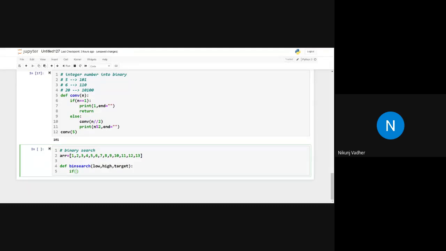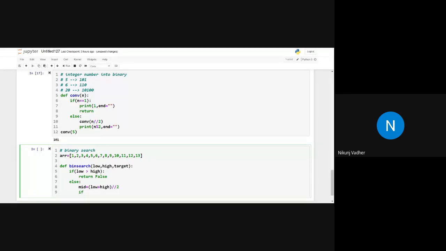If low is greater than high, meaning if the lower limit is greater than the higher limit, then we will return false. It means the element is not found. Else, if it is not like that, then mid equals low plus high divided by 2. We will define the center point.